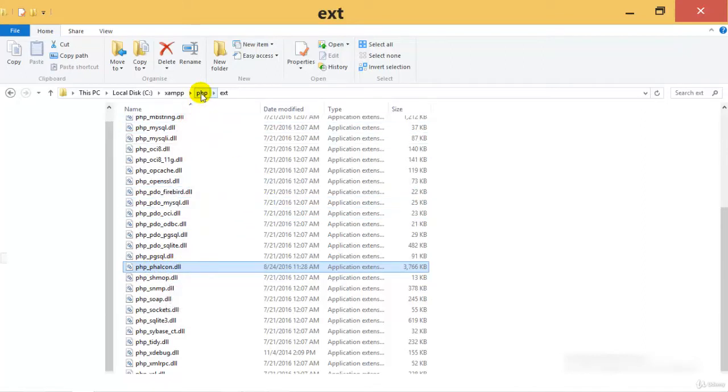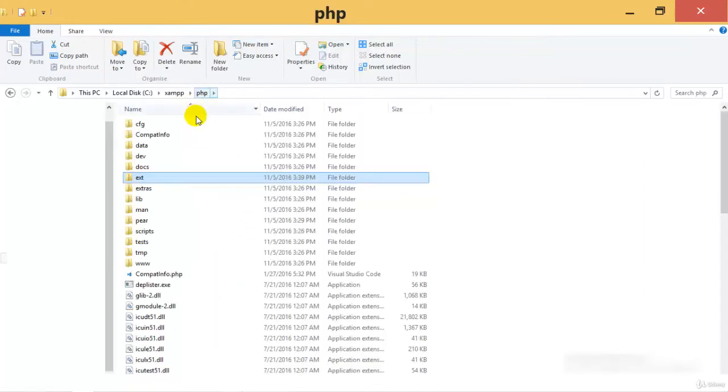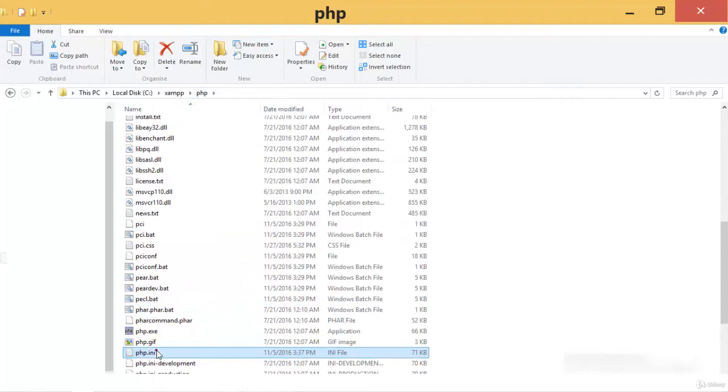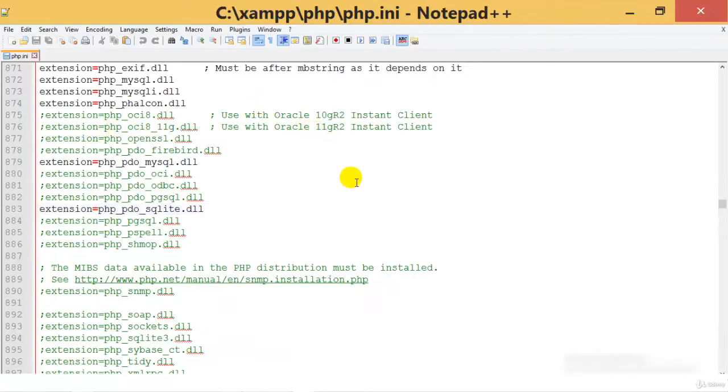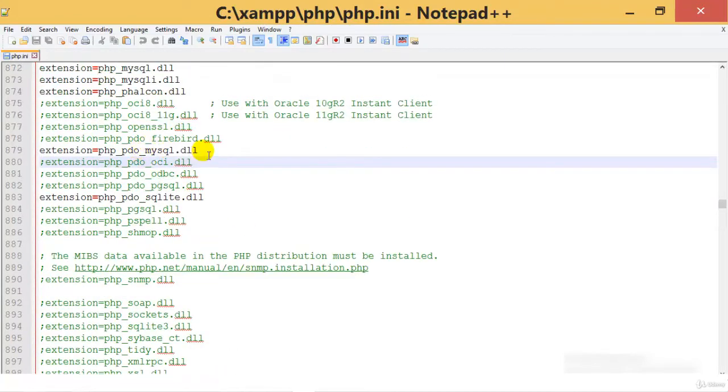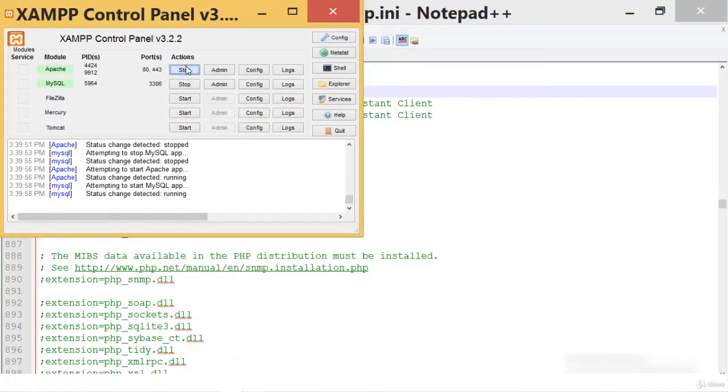After that, once you have extracted it over here, inside bin, inside your PHP folder, you need to edit the php.ini file. I will show it. In the php.ini file, you need to edit inside the extension library, which is present over here. You need to add this particular extension, that is extension=php_phalcon.dll. Once you have done this, you need to restart your Apache and your MySQL so that you can get the appropriate output in the dashboard. Immediately you can see it inside the dashboard. I'll just stop and restart it.